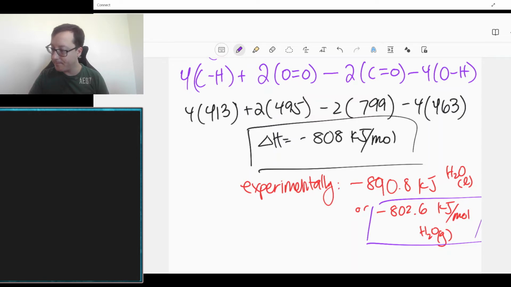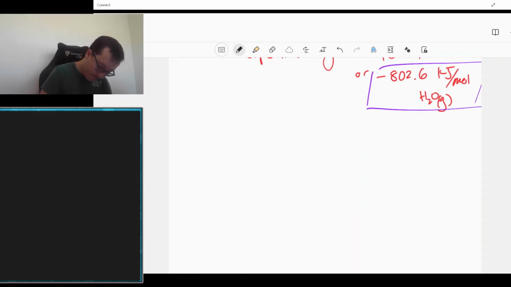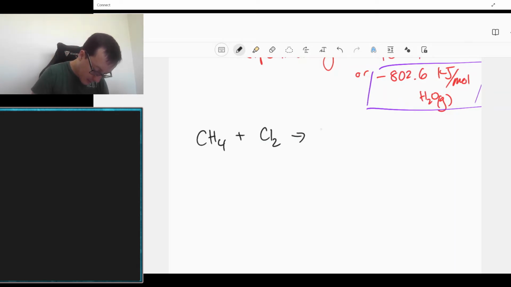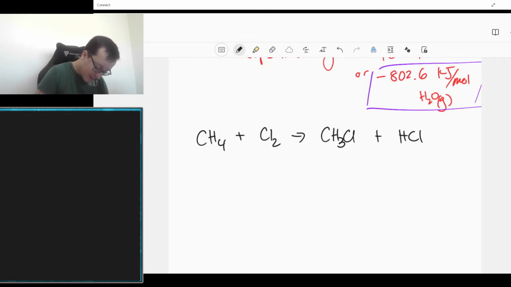All right, let's do another one. One that my organic students are doing. Just yesterday, I learned this reaction. We're going to chlorinate methane. We're going to make chloromethane and hydrochloric or hydrogen chloride. No water in this. So if we look at the Lewis structures,